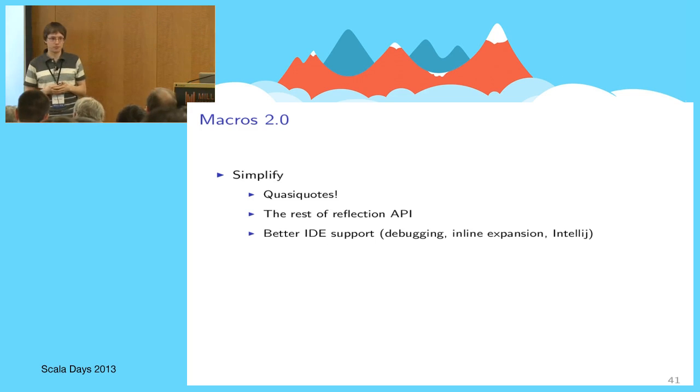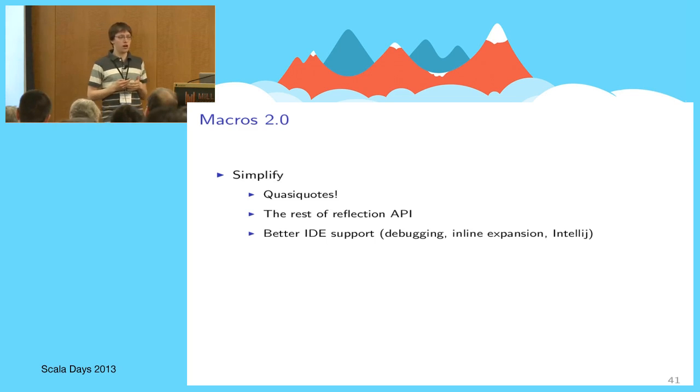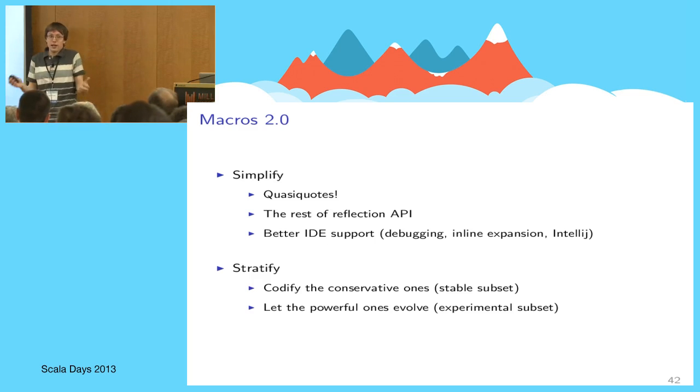The second step: when I mentioned that macros are volatile and dangerous, it was actually not the entire truth. Because we really have a stable subset of macros that are well behaved, that are friendly to the IDEs, and why not take them right now? If you want macros so much, why not take them, and why not make them a part of Scala? Why not put them into the language spec? And this is what we're planning to do.